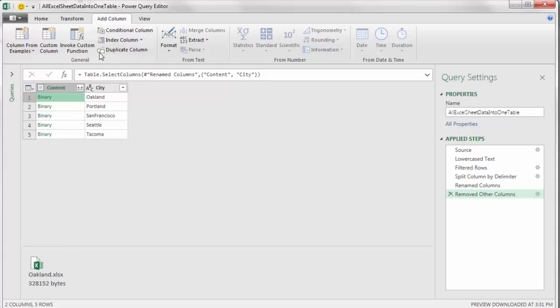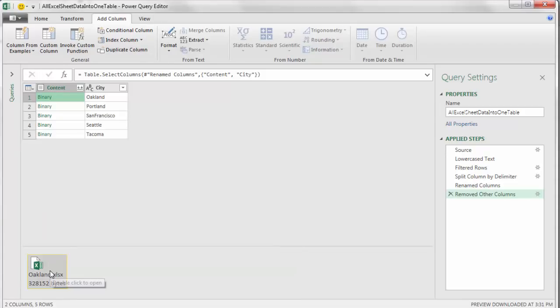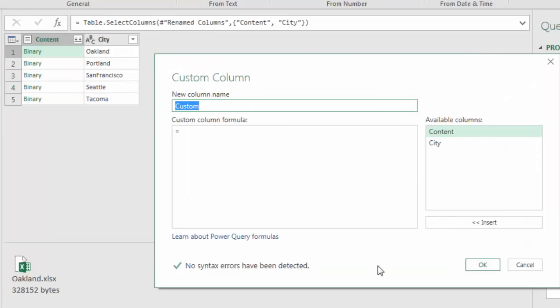Our next task is to add a helper column, or in Power Query, they're called custom columns. And we're going to use a Power Query M code function called Excel.Workbook that can look in an Excel file and pull out information about the different objects. So we go up to Add Column, and there it is, Custom Column. We're going to name this column something like Get Excel Data. Now we're going to use a Power Query function called